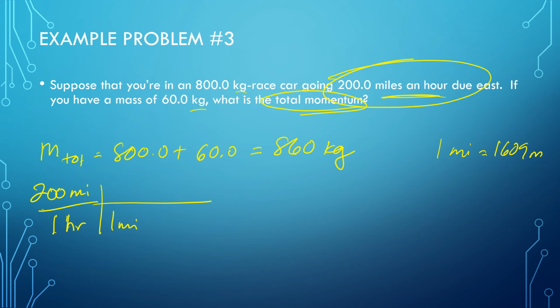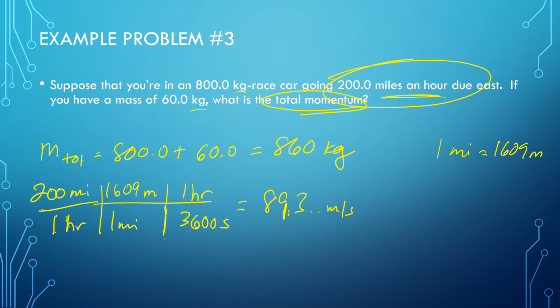So 1 mile is 1,609 meters, and 1 hour is 3,600 seconds. So 200 times 1,609 divided by 3,600. This is approximately 89.3